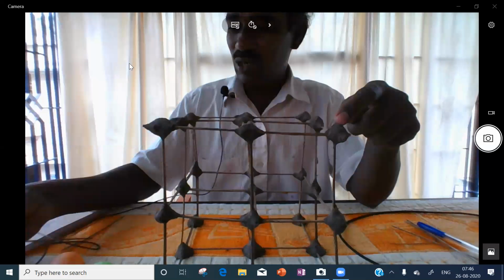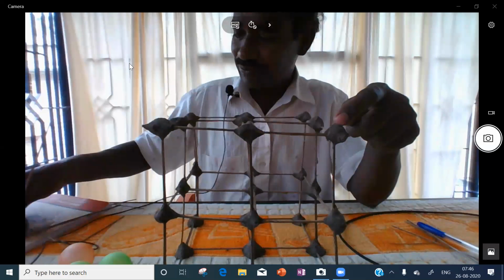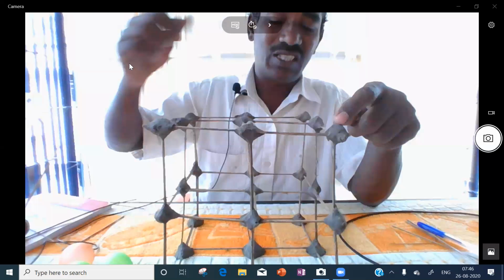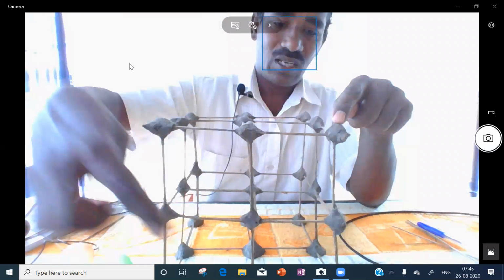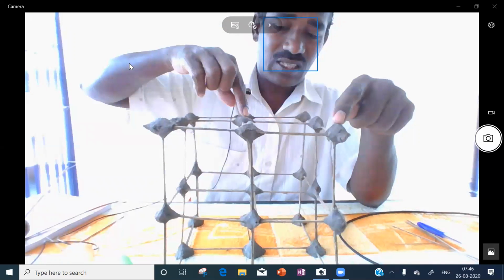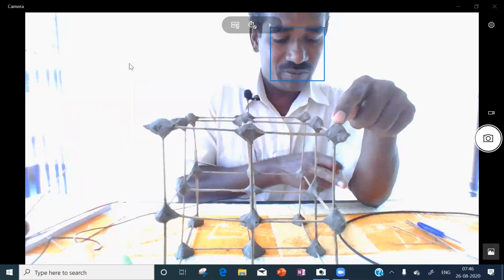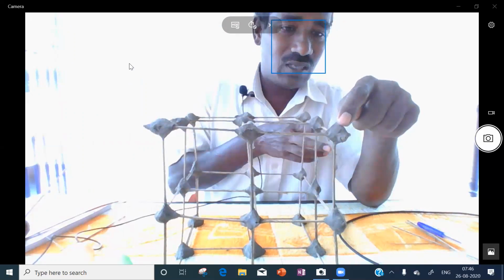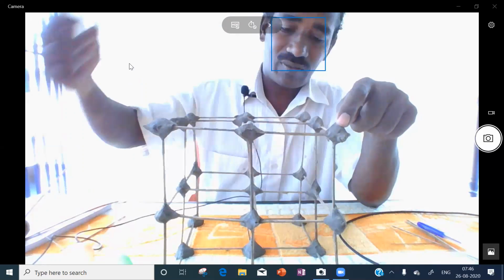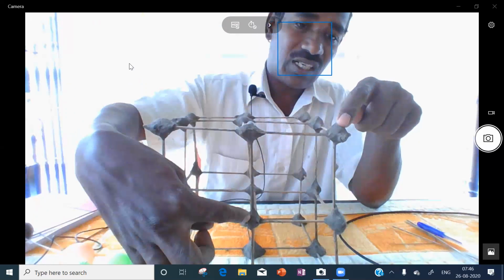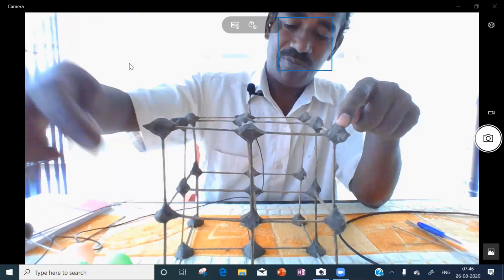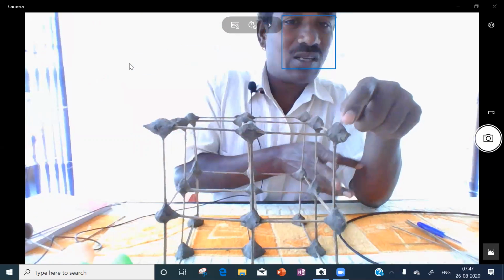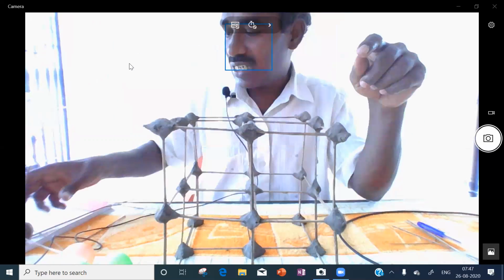For this corner you have to take 3 neighboring face centers. It is one neighboring face center. This is a second, top face neighboring face center. It is a side face center. For this corner, this is one neighboring face center, this top face center is neighboring, this side face center is neighboring. Do we get a tetrahedron? That we will see.